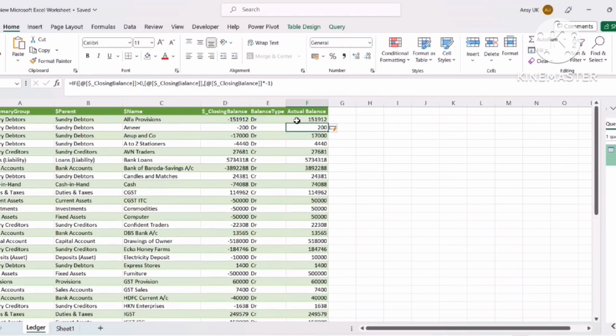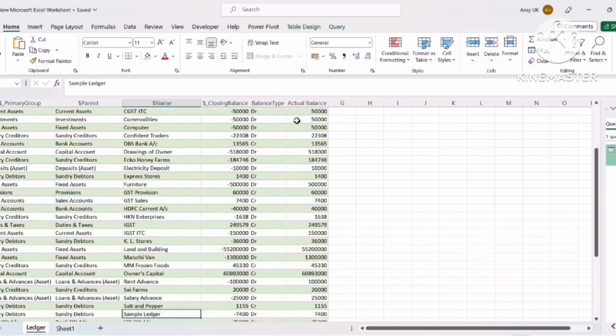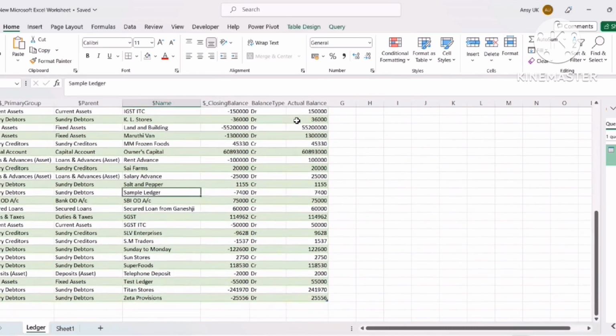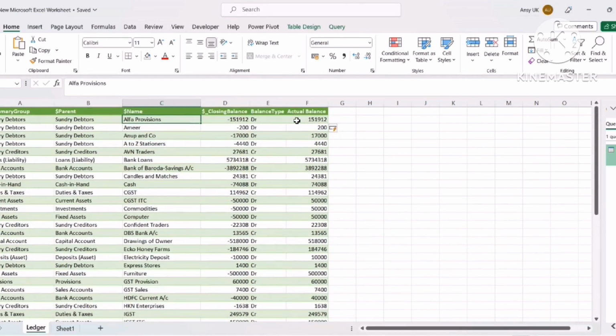So I have updated that. So let's see, if I have created a new ledger and recorded a new transaction, how I can update it in the